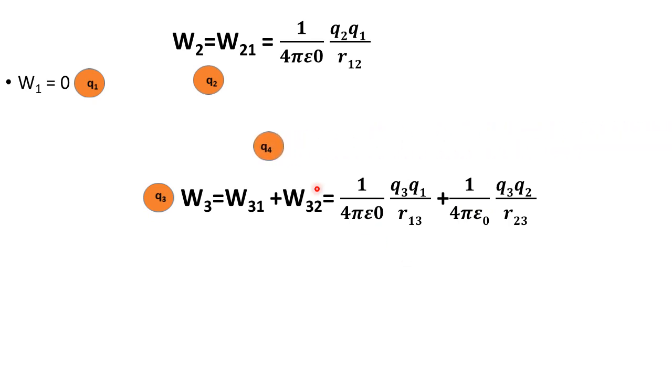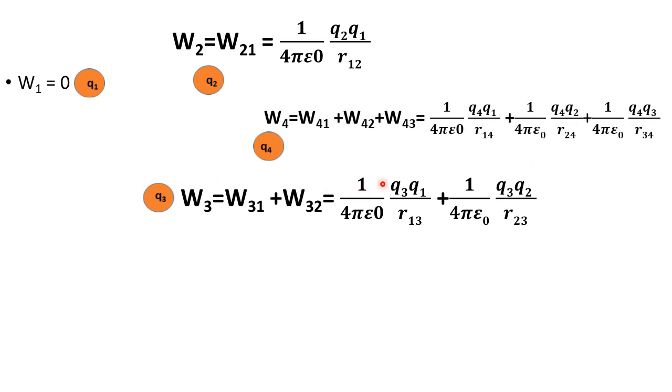If we bring fourth point charge q4, it will have to work against the electrostatic potential of q1, q2 and q3. What will be net amount of work done on q4? W41 plus W42 plus W43 is equal to, put up their values, 1 by 4 pi epsilon naught charge which is being brought into potential due to q1 charge, potential due to q2 charge, potential due to q3 charge. So this is algebraic sum of these three amounts of work done. These three. This is W4.